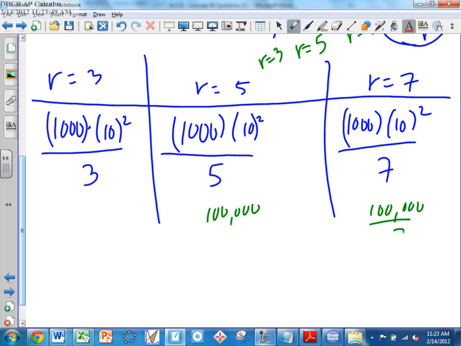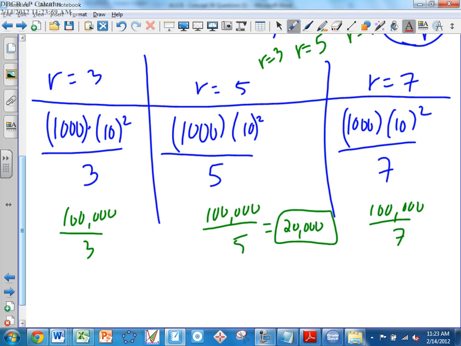This one is 20,000, the force. The first one is 33,333.33. And here, what do you get? 14,